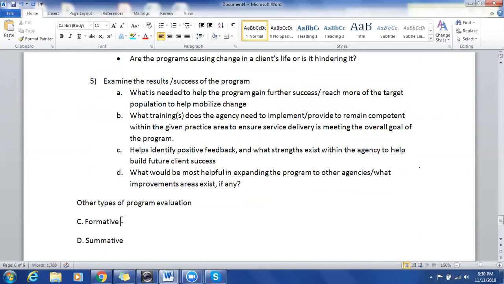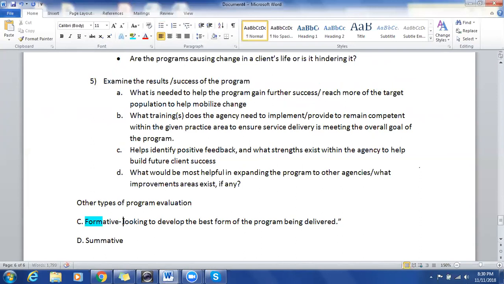So formative, I'll highlight the word form, because this is essentially looking to develop the best form of a program being